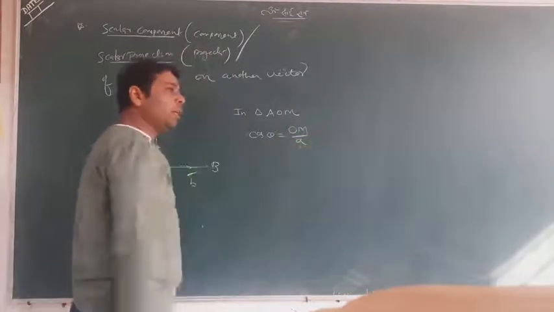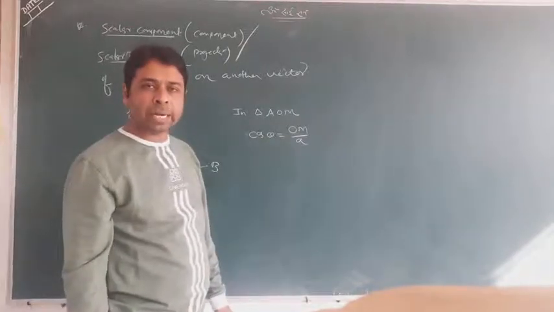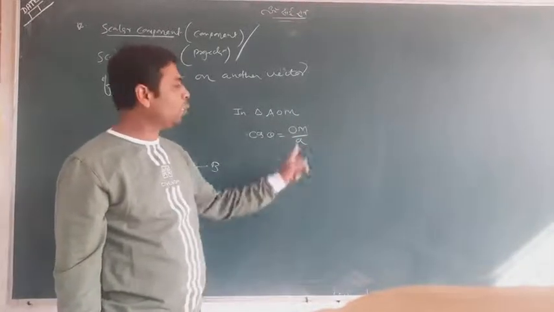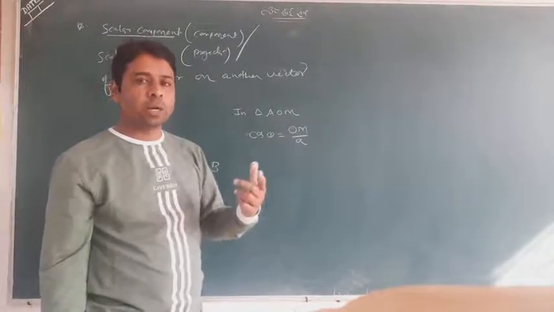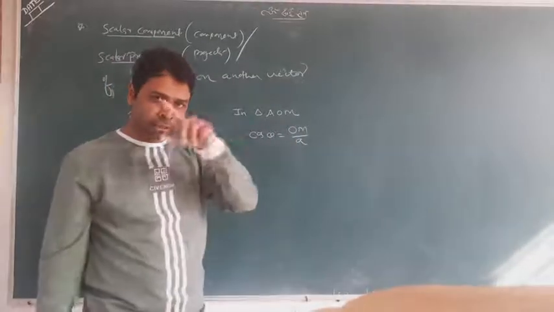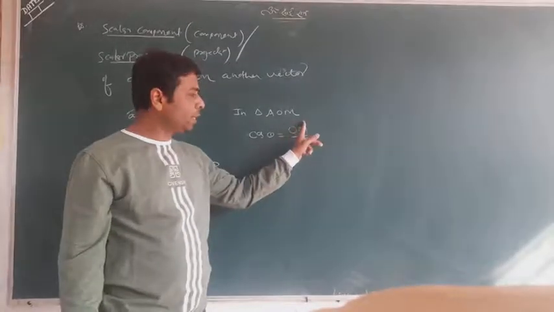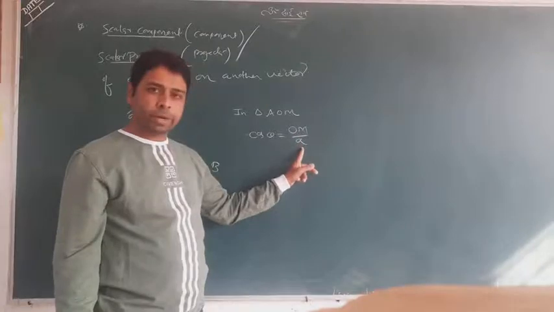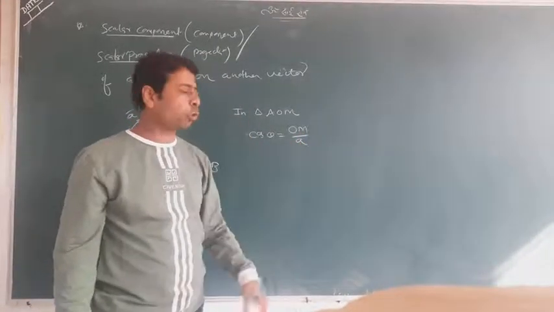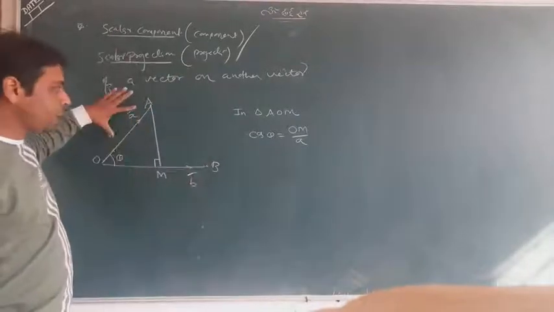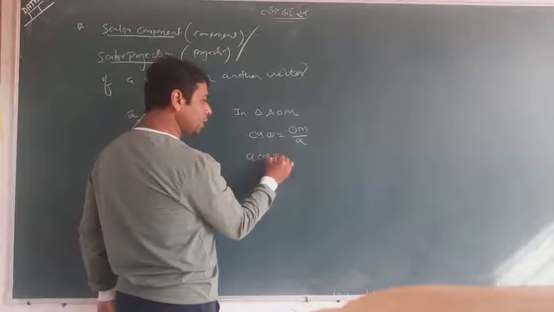Let me say one thing. In the study of vectors, whenever you take sin theta, cos theta, something like that, you always take the mod, because cos theta means base, a distance, and hypotenuse, also a length. So always take the mod. So I am not using any vector for OM or A. OM and A both are magnitudes actually, moduli actually. So OM upon A, that only I have written. I multiply by A here: A cos theta is equal to OM.